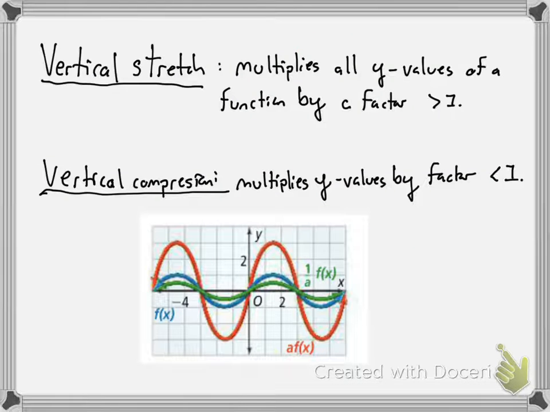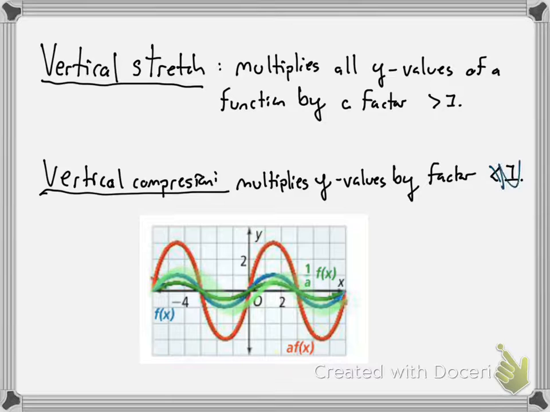The last thing that we're going to talk about is vertical stretch and compression. If you look at the graph, that might help you understand this a little better. This blue function here is our parent function, f of x. If I want to stretch it, think about having a hand on the top and bottom of this graph, pulling at it and stretching it out. I would do that by multiplying all of the output, or y values, by a number greater than 1. For compression, on the other hand, I would need to multiply all of my output values by something